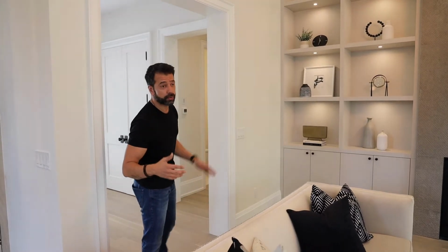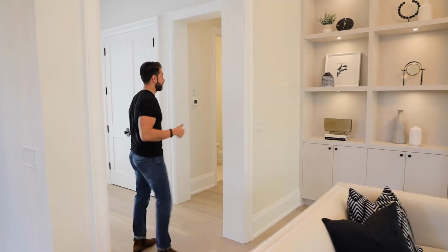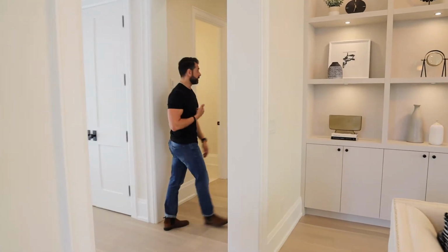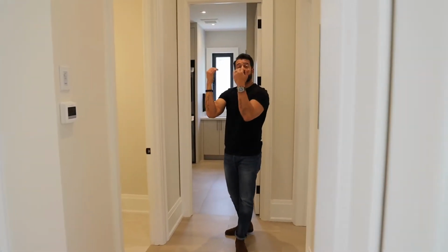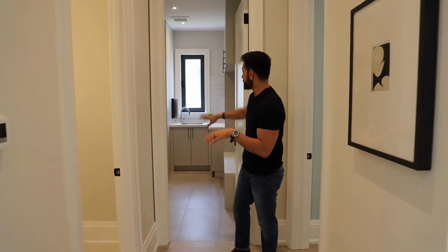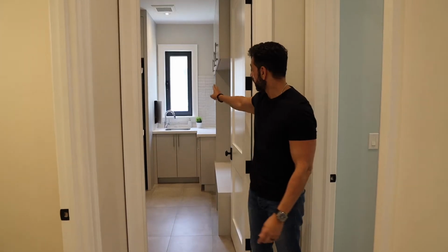So now, being a bungalow loft, I'm going to take you through the master bedroom, which is on the main level. As you come across this area here, this is where the 2 bedrooms are above us. So here we're now down to 10-foot ceilings. You're going to have a really nice mudroom with a stackable washer and dryer. Another nice feature, he's already run